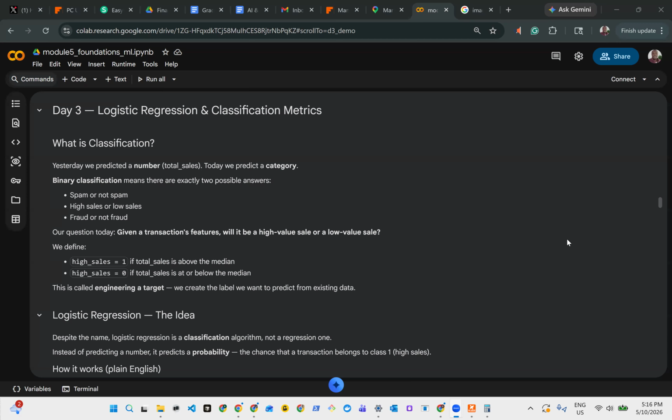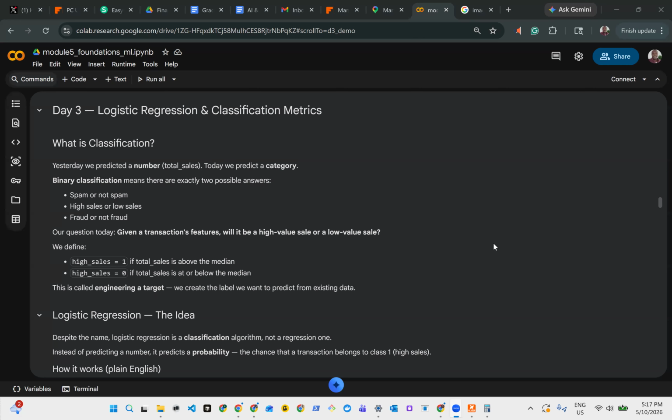So our question today, let's say we have transaction features and we'd like to classify them into high value and low value. But based on our current data set, you remember we do not have high value or low value in our columns. So the first thing we do is engineer our feature. I know we talked about feature engineering, how we produce another feature based on an existing feature, or let's say we produce columns based on our existing columns. So here we're going to talk about how we extract features from our existing features.